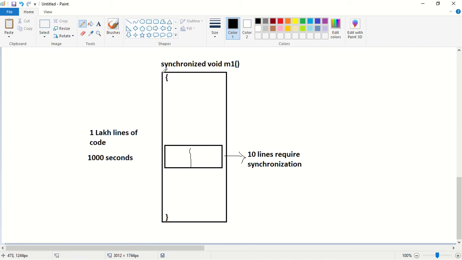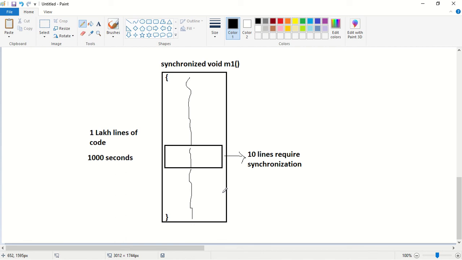Now, is it recommended to define this entire method as a synchronized method? No, it is not recommended to define the entire method as a synchronized method. Why is it not recommended? If we define the entire method as a synchronized method, what will happen? At a time, only one thread is allowed to execute this method. So this is just like following the Dashwant principle. From Bangalore to Mangalore, only one vehicle is allowed to pass at a time. So what is the solution for the Dashwant problem? The solution is Yogendra's principle.